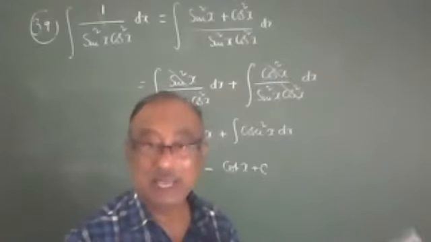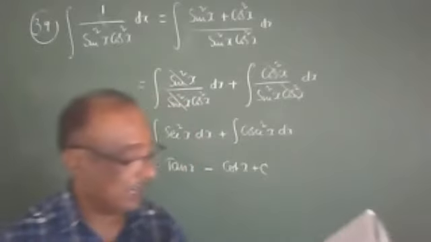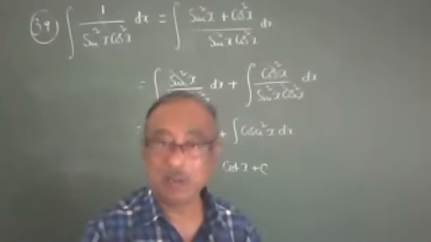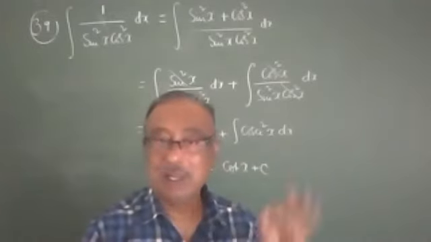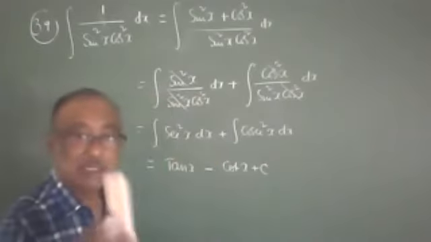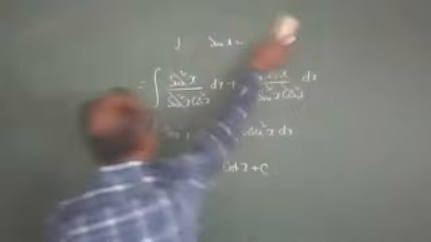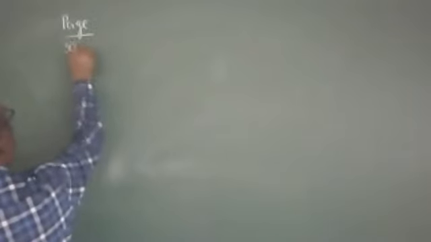Presently, we don't know the tan x formula. Now we are going to derive the tan x formula by the substitution method. We are going to prepare the tan x, cot x, cosecant x and secant x formulas. From now onwards, you should remember the tan x formula, cot x formula, secant x formula and cosecant x formula. Everyone, see page numbers 301 and 302.